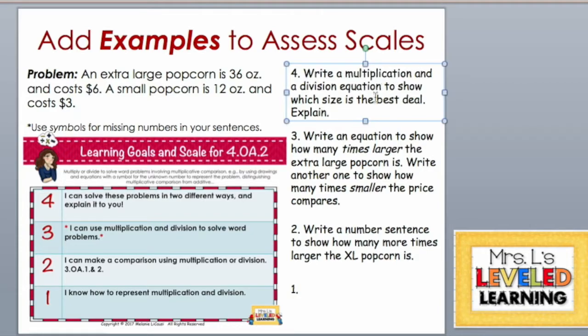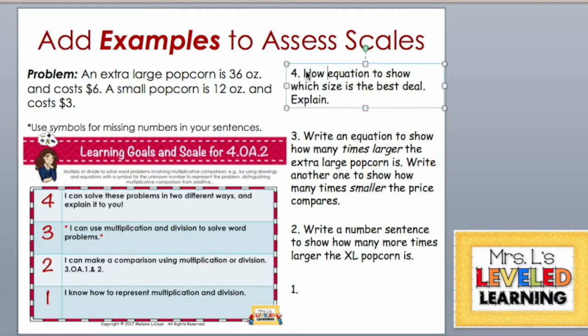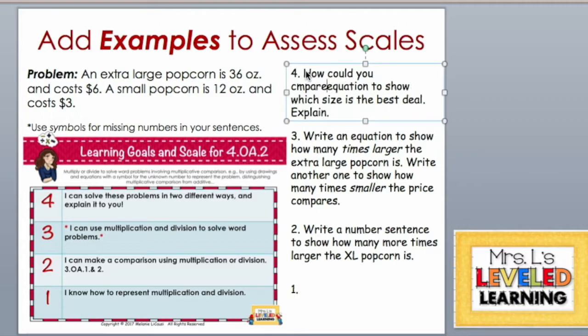Write a multiplication and division equation. So here I'm being specific again. I'm telling them what to do to show which size is the best deal. I'm only focusing on size in this problem. I'm thinking right now how to rephrase this question to make it harder because I think I'm telling them too much. I'm telling them how to show me. If I want to make it more challenging and get my high kids to really think harder, I might rephrase this. Instead of write a multiplication and division equation, I might say, how could you compare,